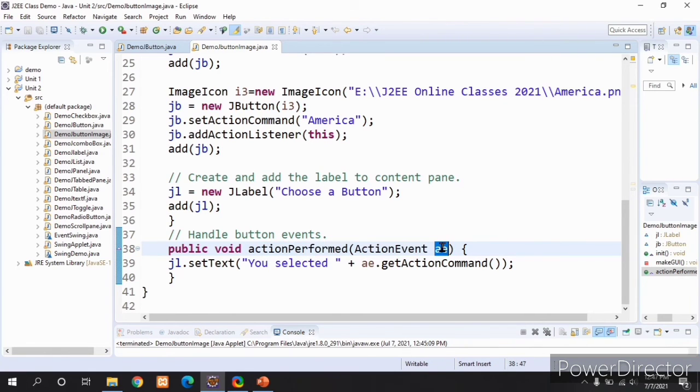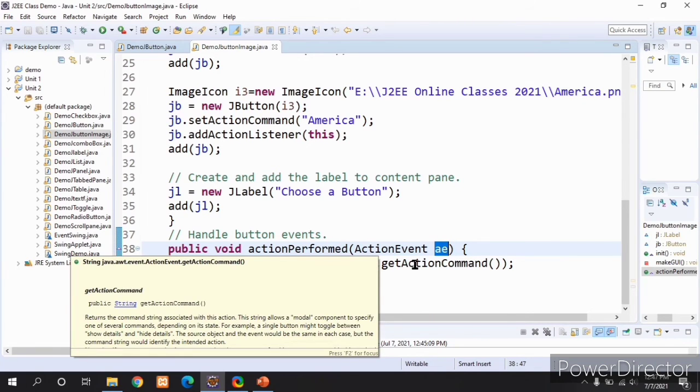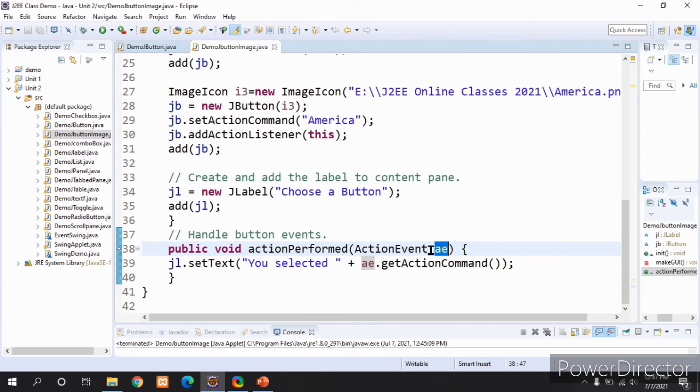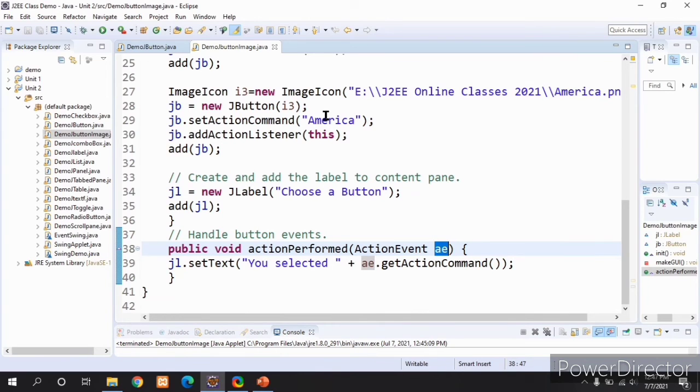By using this event object, meaning which button created the event, we can get the action command associated with that button. Suppose I have clicked on the America map image button. At that time the JLabel text will be set to "you selected America".